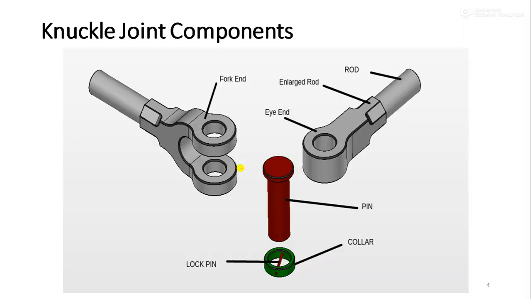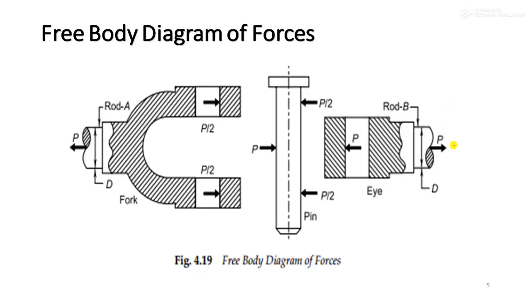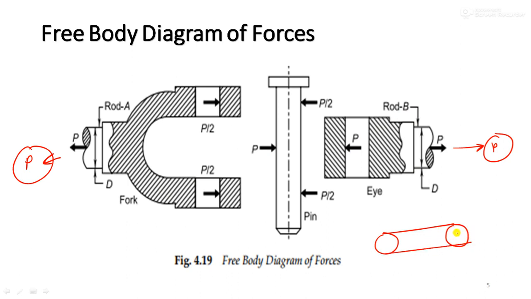So this is a figure. The diameter of the rod is nothing but D, and the radius is the same. Okay. So in both the cases, if I go here, you can see that a tensile force P is acting at the two ends of the rod, A as well as B. Okay, so let us say this is the rod having a diameter D subjected to a tensile force, very simple.